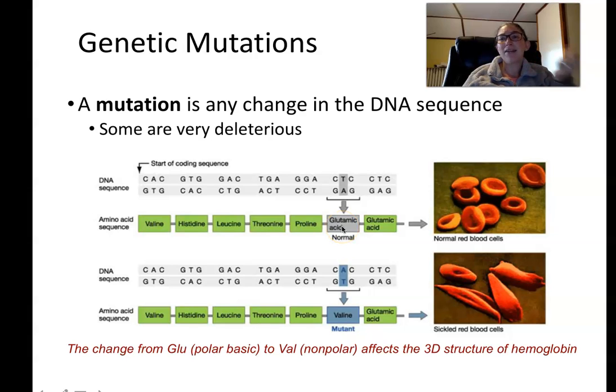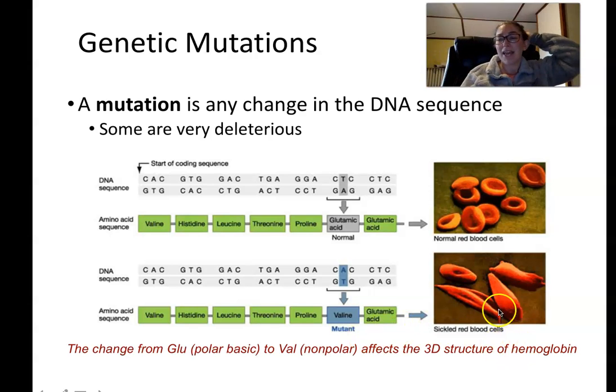an acidic amino acid, so it has a negatively charged side chain, to a valine, which is a nonpolar amino acid. So they have very different chemical properties, very different attractive forces, and that one change in that one amino acid ends up causing the hemoglobin protein to fold improperly. And instead of forming a globular structure, it forms something more elongated, and they have a tendency to stick